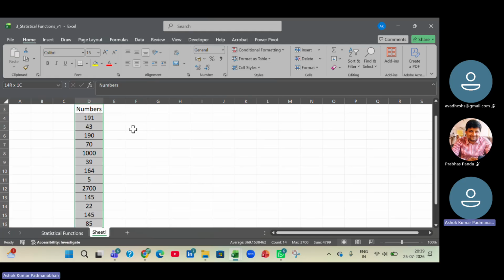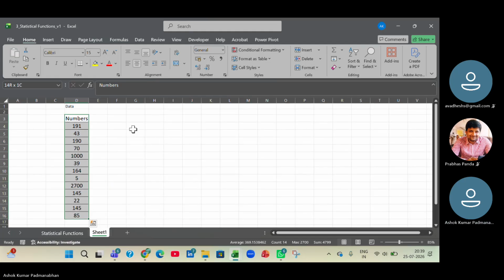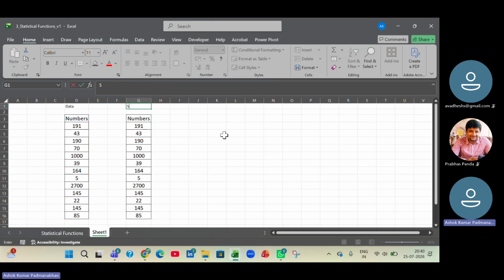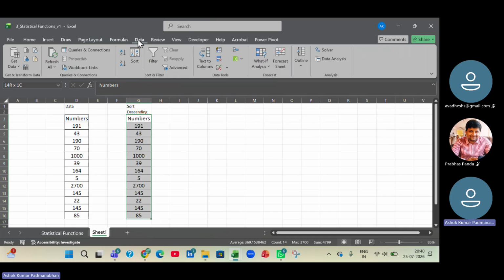So this data, I'm going to paste it. I'm going to do a sorting of this number in ascending order or descending order. Now what I'm going to do is sort it in descending order. How do we sort? Simply select this data, go to the Data tab in the ribbon, and you